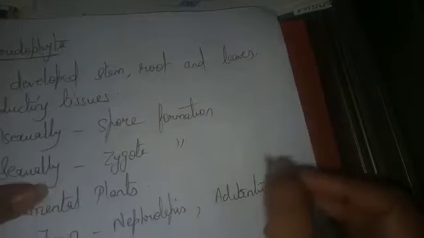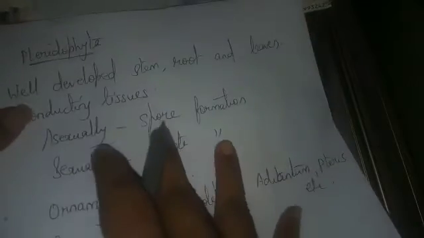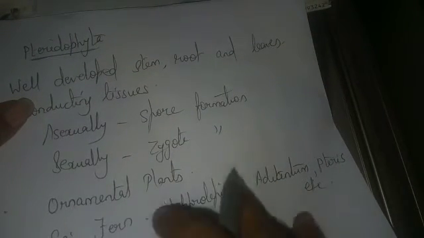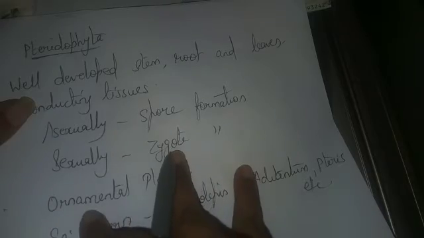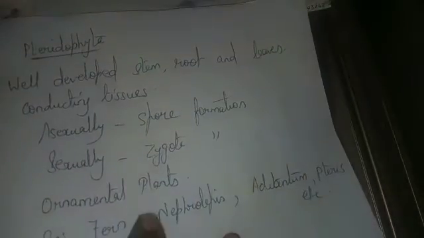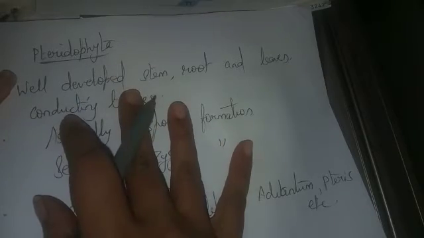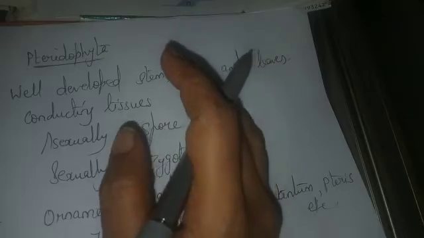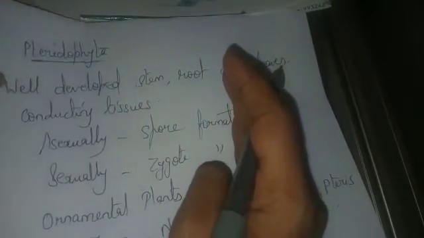Even this is an example. We have Pteris. That is also an example of Pteridophyta. So at least remember, children, two to three examples of each group. It's very important. So these are the characteristics of Pteridophyta. With this we have finished the first subgroup, that is cryptogams. Now we will be learning about phanerogams in detail in our next video.